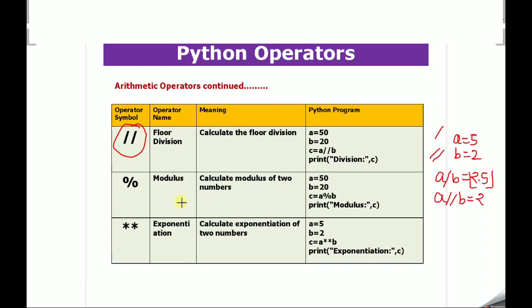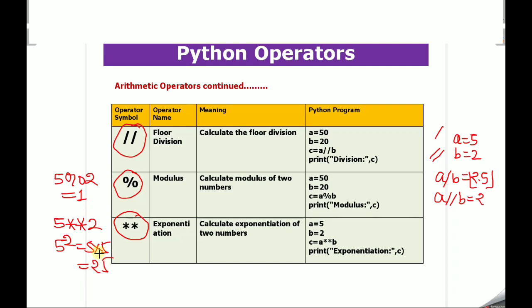So I am now coming to another operator. The first one is the modulus operator, which calculates the remainder, and this is the exponentiation operator. For example, if I am performing 5 modulus 2, it will give you the answer 1 because you are getting remainder 1 in this operation. Double star means it is calculating the exponentiation. 5 double star 2 means 5 square, that is 5 into 5, and it will be equal to 25.